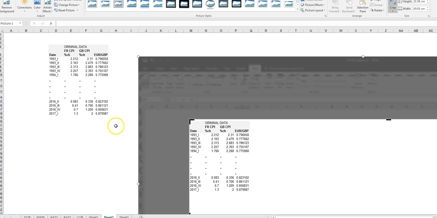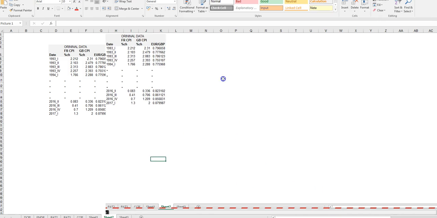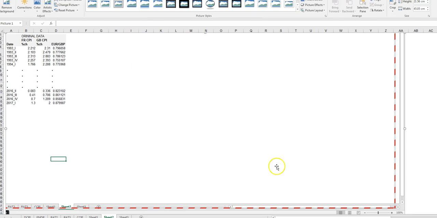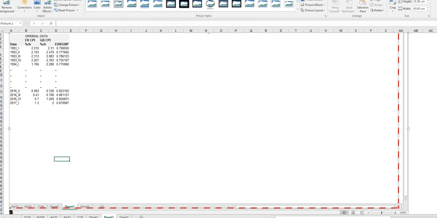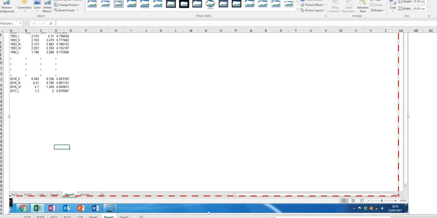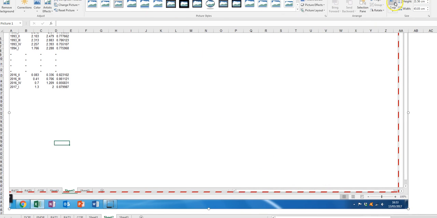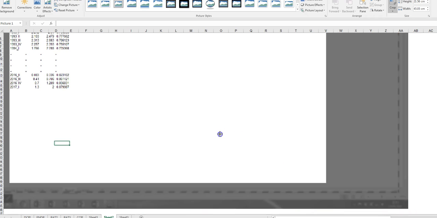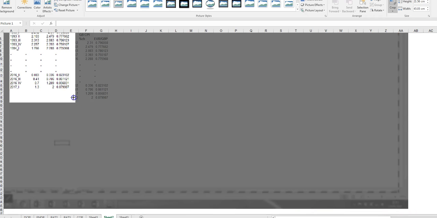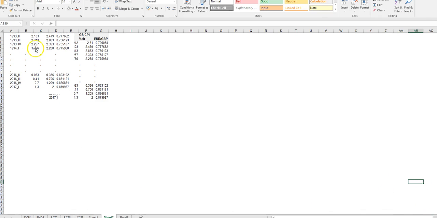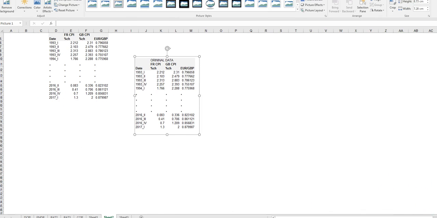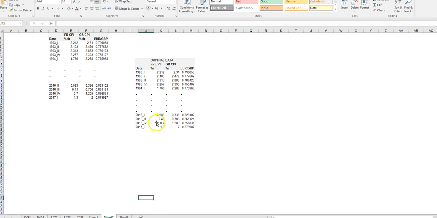And that, and then crop the other side, and like that. Okay, so now you've got a little picture of the data, and you can cut and paste this into a